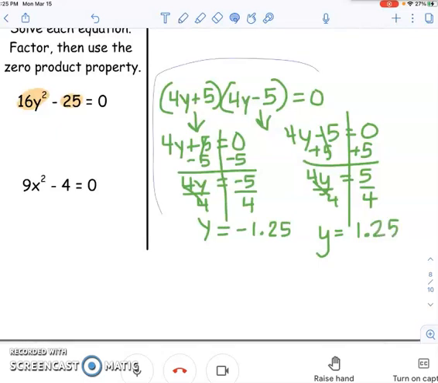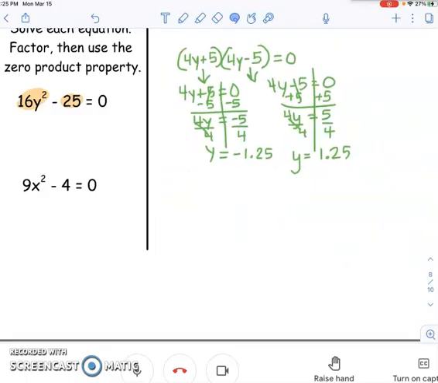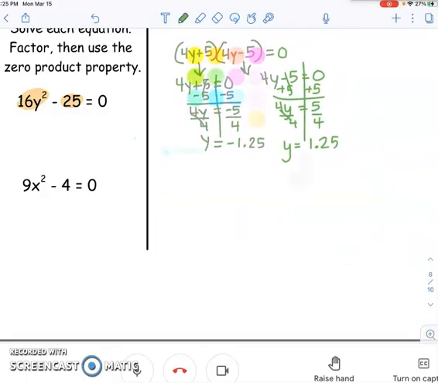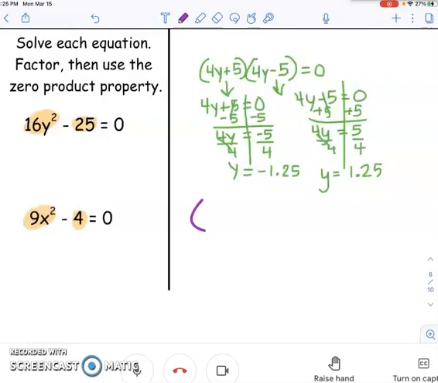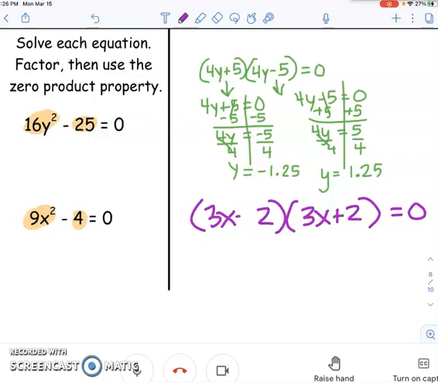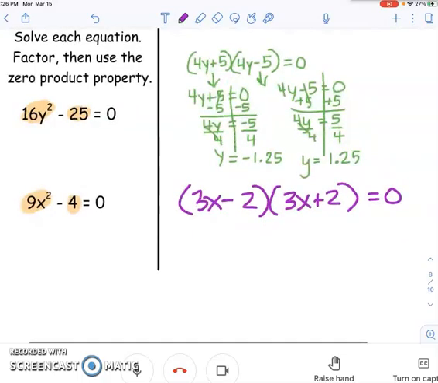All right, I'm going to shrink this one a little. There we go. Okay, second one. Now we've got 9x squared and 4. So 9x squared means 3x is how they both have to start. 3x times 3x is 9x squared. And then 4 is 2 times 2. 1 minus 1 plus. And then if we solve 1,